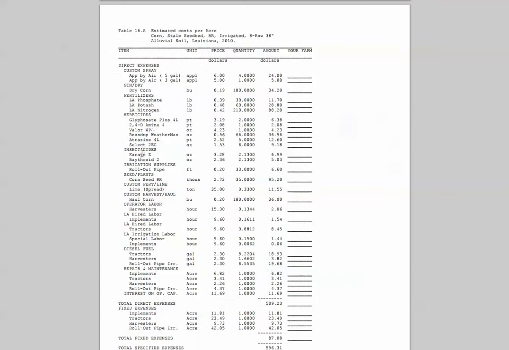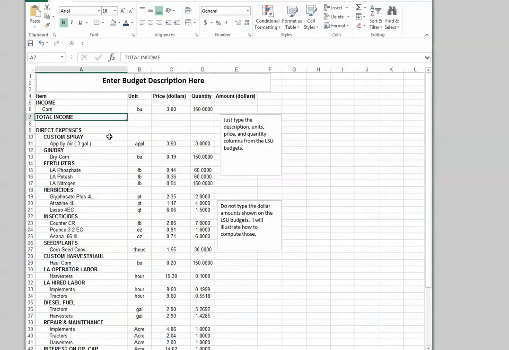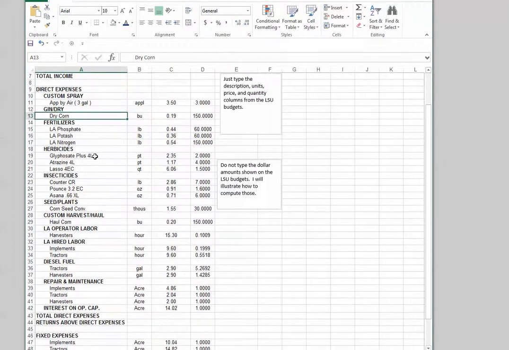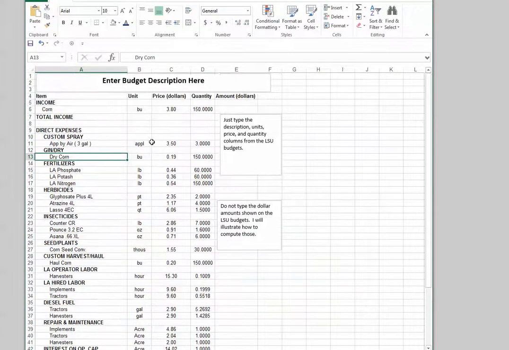So your job is to go find your particular assigned budget from the LSU AgCenter budgets. Take that budget that's in a PDF format and simply convert it to an Excel format in the description column, the unit column, the price column, and the quantity column. Please type it just as it's shown. I will put this illustration for this particular corn budget. I will post it so you can go look at it. You're not going to be able to copy and paste now, so just take your time and type it. It'll take a little bit of